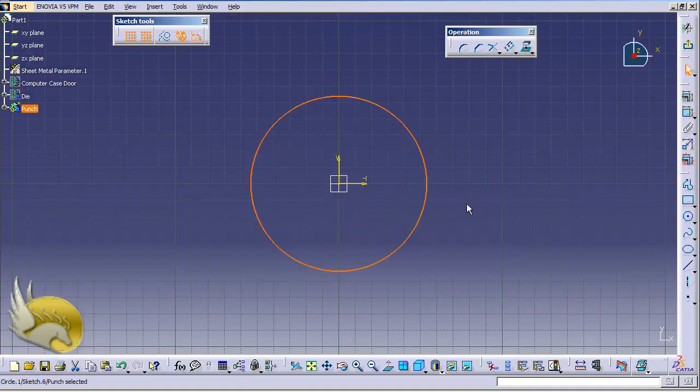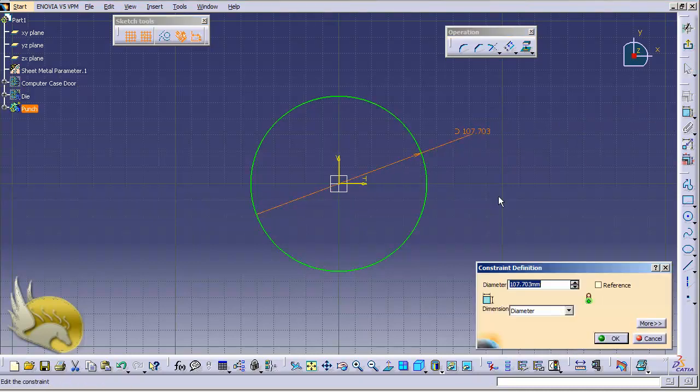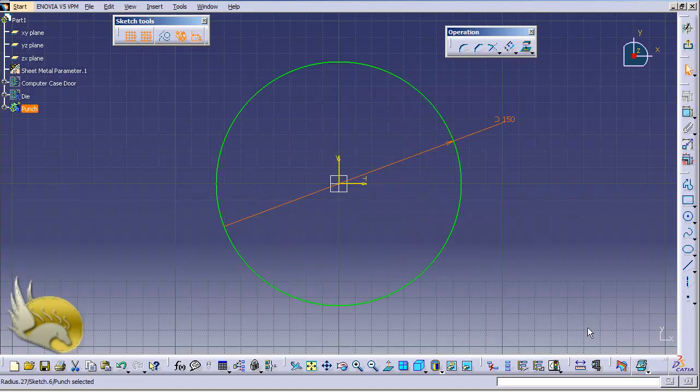So I can do two different things. I know that the thickness of the sheet metal is 1 millimeter, so I need to have about 148 millimeters of diameter here. And remember that I had 150 millimeters of diameter in the die hole that I just created. But I can create 150 millimeters of diameter here, and that's easier because I may have some complex shape here and I'm not going to calculate everything, and I can go to operations